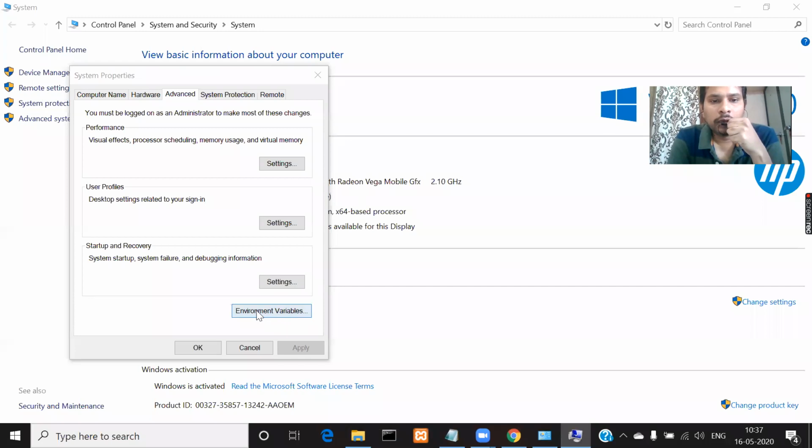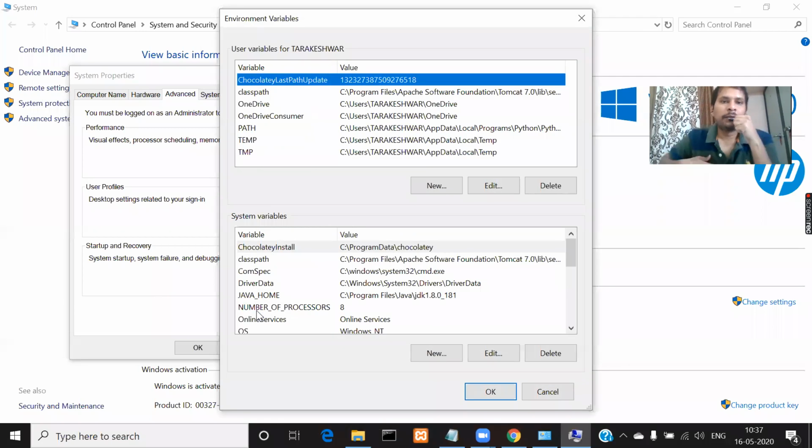So in that you click on this environment variables. So then you are able to see now another window has been popped up on the existing window. So this contains, you are able to see the variable and value here, right? So one box containing some set of variables and their values, and here below you have one more box containing another set of variables, right?